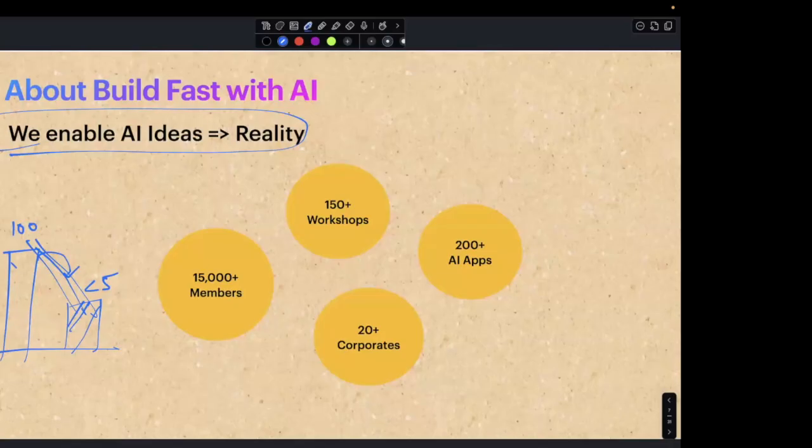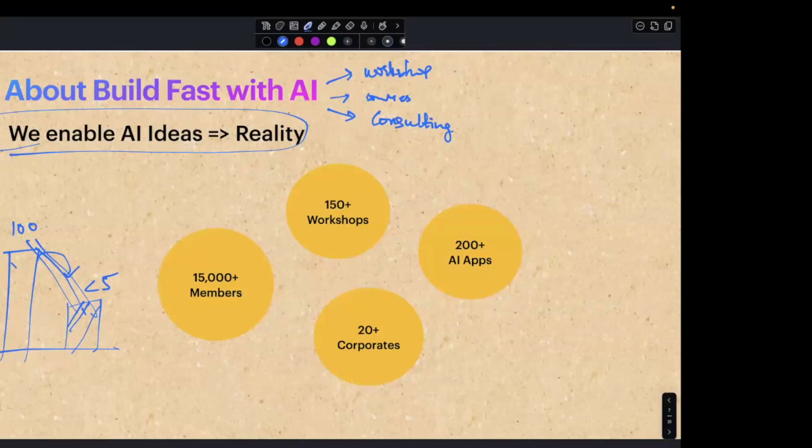And how do we do that? We do a lot of workshops. We have our own set of courses. I think Sakshi was introducing that in the beginning. And we also do a lot of consulting. We work with a lot of startups and corporate companies to help them with their generative AI transition, where we help companies build and ship generative AI products.